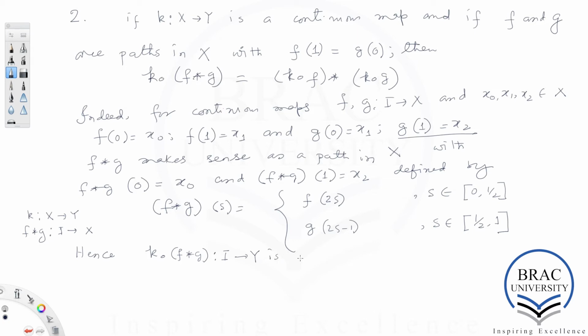And this is a path with K composed with F star G evaluated at 0. That's the initial point of this path, which is